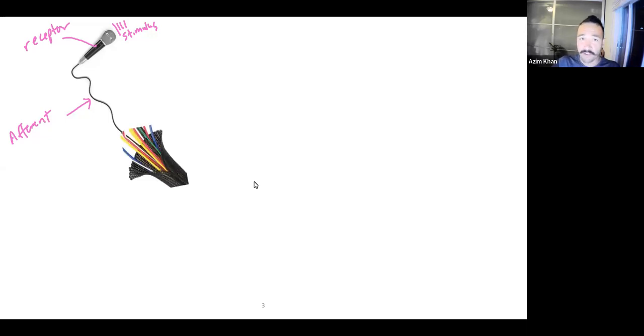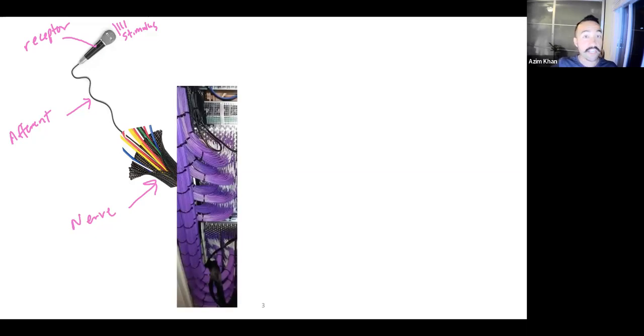There might be other things going on. Let's say in a rock band, you've got a guitar, there's a wire for that. You've got drums picking up sound, there's a wire for that. So there's lots of wires. When you have lots of wires bundled together, remember the term for that? That's a nerve. Just like a bunch of axons are bundled together, here we have a bunch of wires bundled together.